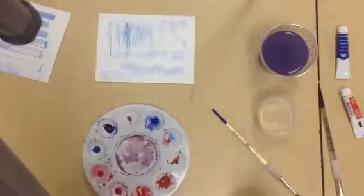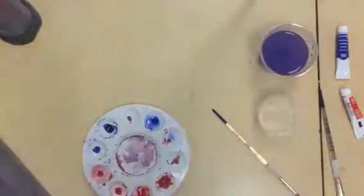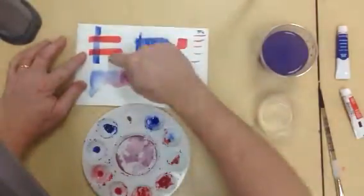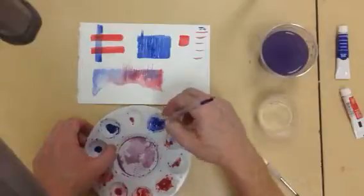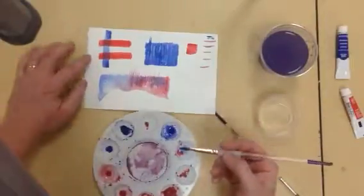So there's the dry brush. Now, the last one I'm going to show you is glazing. Glazing is going to require you to have some dry paint already. So I'm going to take this one that I did yesterday. There's some really dry red there, and I'm going to take some of my blue. It's basically just another wet on dry wash that pulls across those really dry red areas, and it creates a